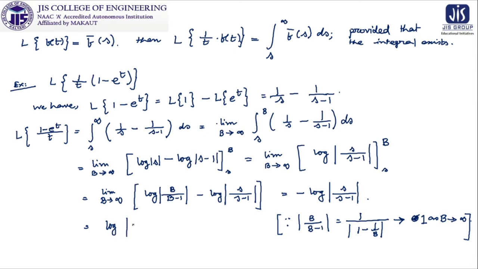So you can absorb this minus sign also, or you can keep the answer over here, that is taking this minus 1 to the power of this one, and we can just reverse it, that is log mod s minus 1 by s. So this is the answer of this particular problem, which is nothing but the application of three things. First one, the Laplace transform of basic functions. Second one, the property, and third one, the calculation process of improper integrations. So let us move to the next problem.